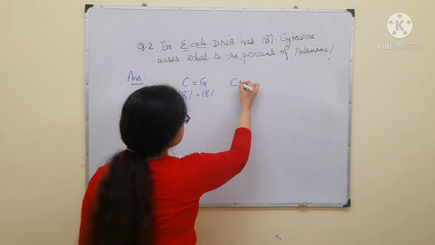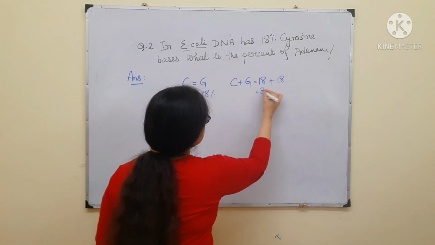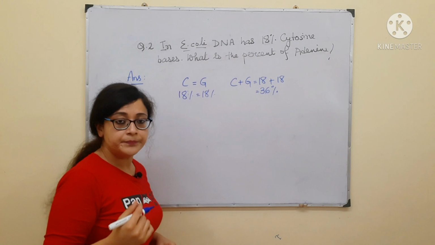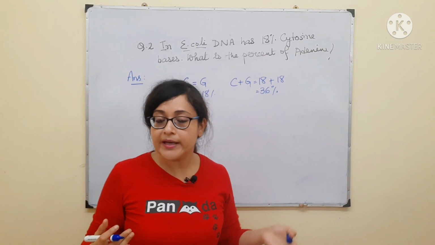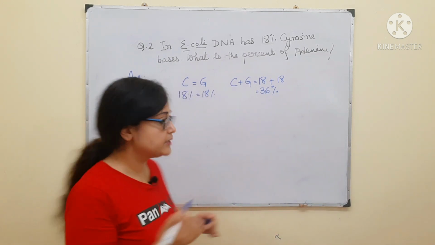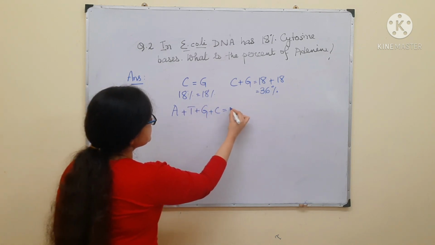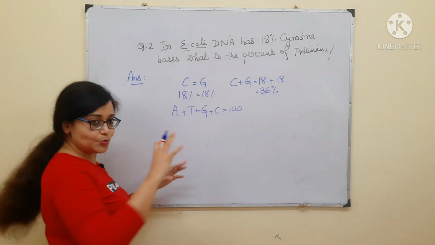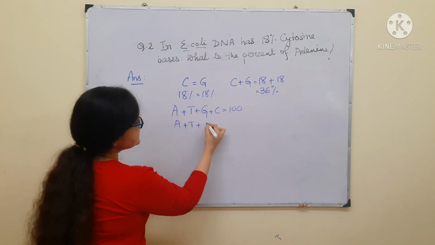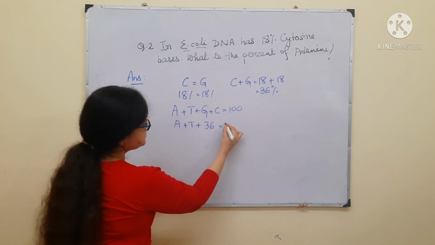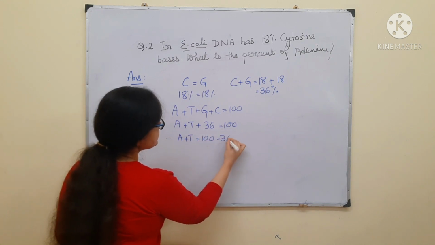Therefore, cytosine plus guanine is 18 plus 18, that is 36%, right? And this is also true that all the 4 bases, adenine, thymine, cytosine and guanine, constitute a total of 100%, right? So, A plus T plus G plus C is equal to 100. There is no doubt about it. So, if G plus C is already 36, therefore, A plus T would be 100 minus 36, that is